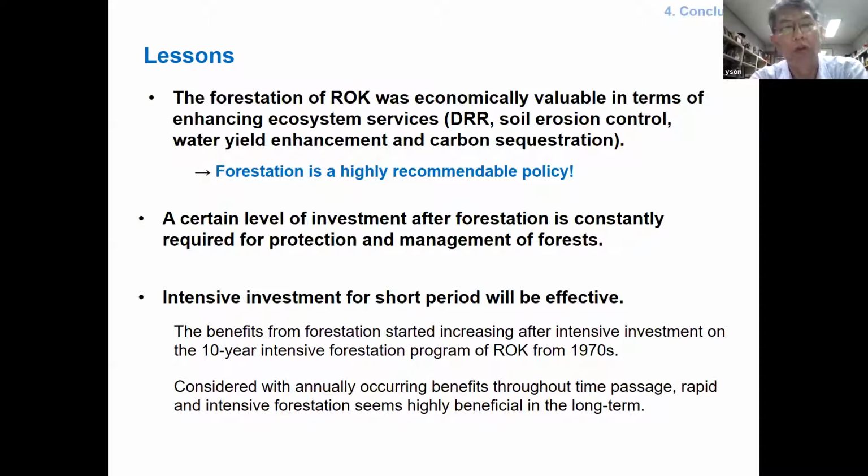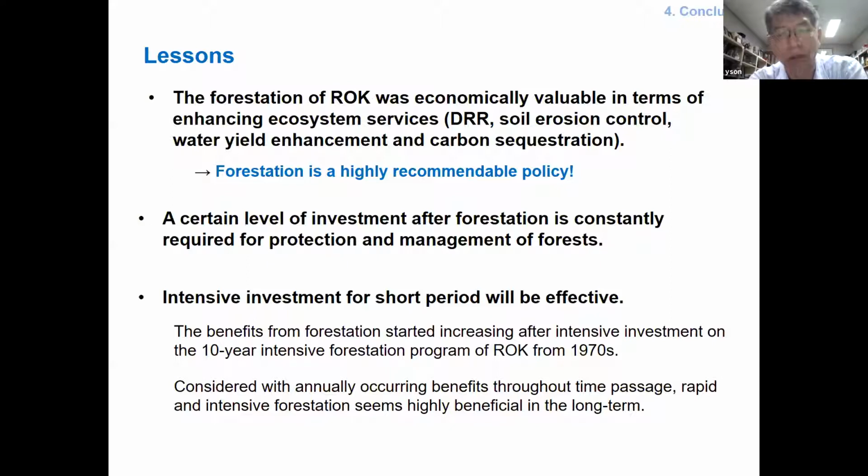In other words, reforestation is a highly recommendable policy, even in economic aspect, not just in environmental aspect. We are showing reforestation is